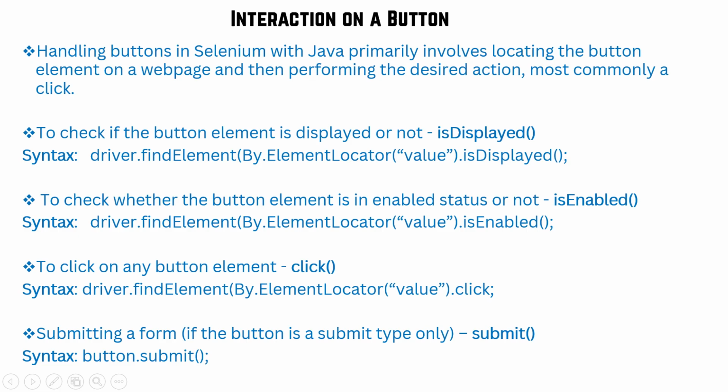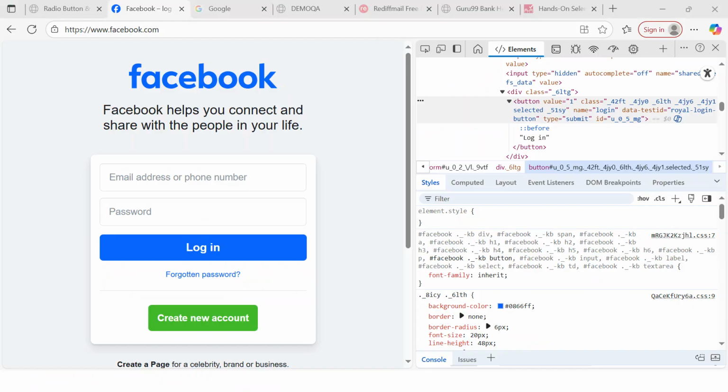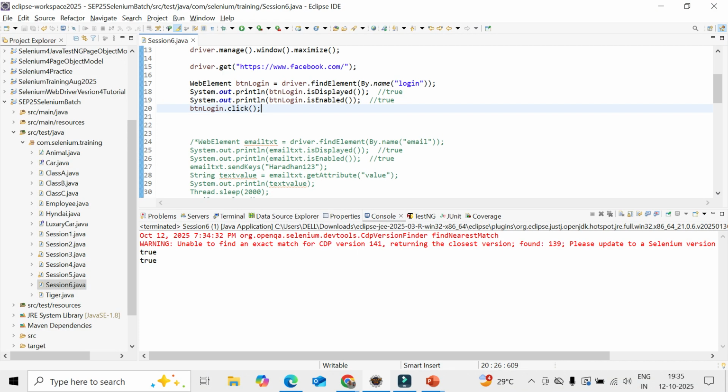If the button is a submit type only, then you can call that submit method. Otherwise, you cannot. So first you can check whether it is displayed or not, after the existence of the button, whether it is there or not in the page. Then check whether this button is enabled or not. In case the button is disabled, you cannot do any click or submit, right? You cannot do anything because it is disabled. After that, in case the button is enabled, you can use click. But if the button type is submit, you can use either click or submit method to click on the button or to fill the form. So either this one or you can use submit